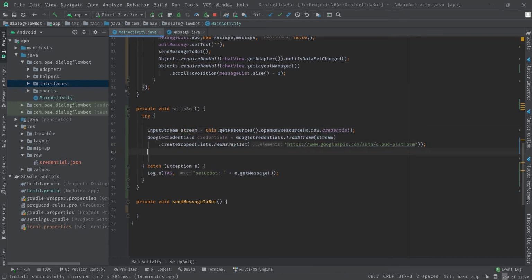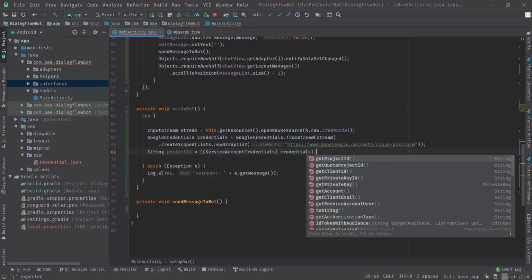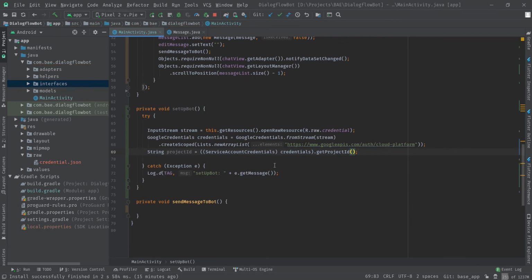Then we have to fetch the project ID. These credentials contain all the essential things from the input stream, and in the JSON file, I am just fetching only the project ID so that I don't have to manually enter the project ID anywhere. So this is the reason for the whole process.